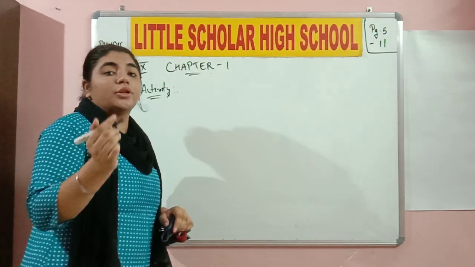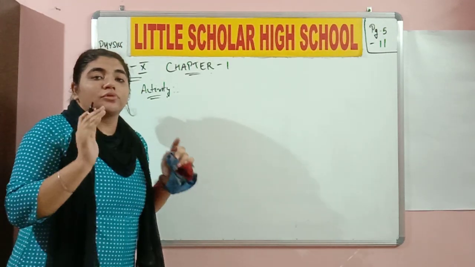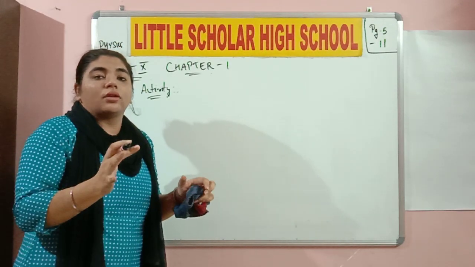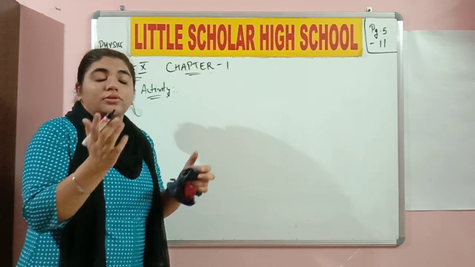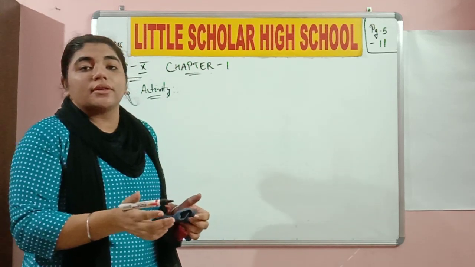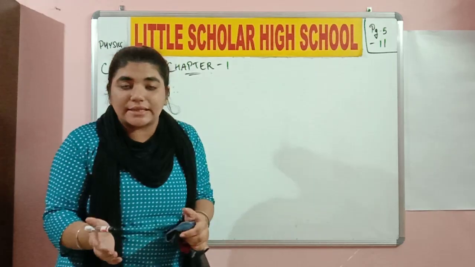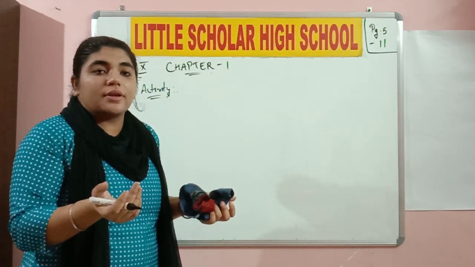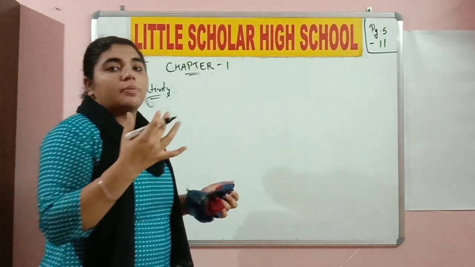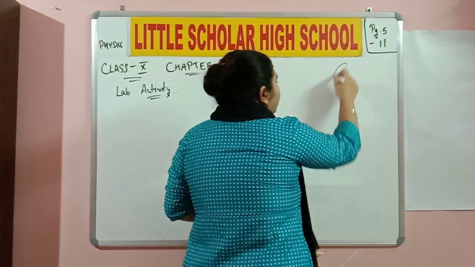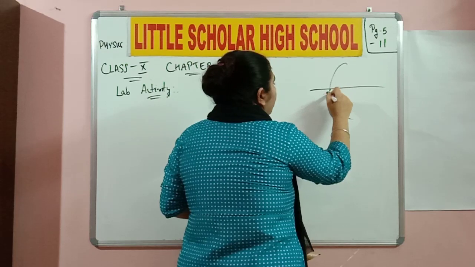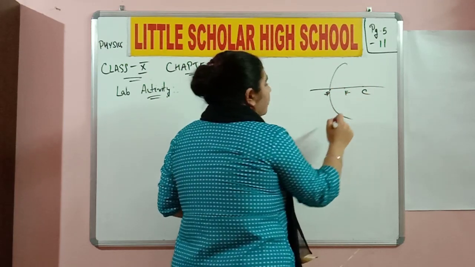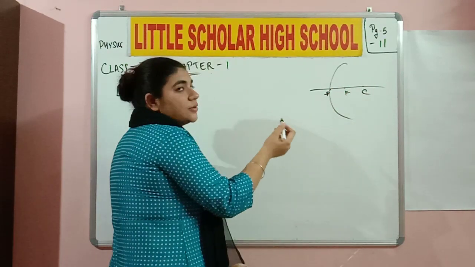So we are going to continue with chapter 1 where we left. I've taught you what are spherical mirrors, what are the two kinds of spherical mirrors that we are discussing. It is nothing but concave and convex. Why are they called spherical mirrors is also being discussed. I've also discussed the parts that you need to deal with, different terminologies like the pole, the focus and the center of curvature. You know what is the radius over here.